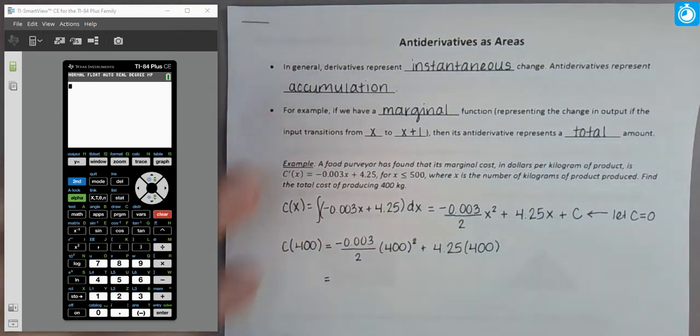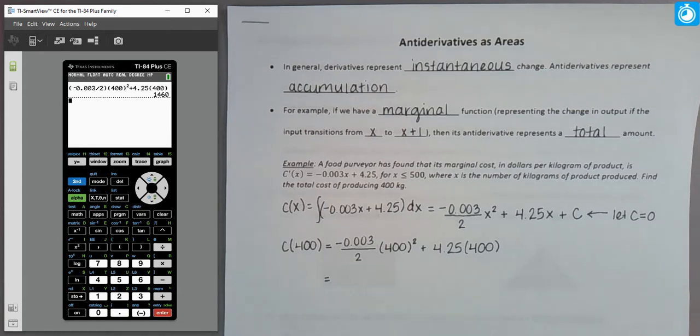Now I'm going to plug that into the calculator, let it do the heavy lifting for you. So we have a coefficient of negative 0.003 divided by 2, and that's multiplied by our input squared plus 4.25 times our input. And that's going to give me